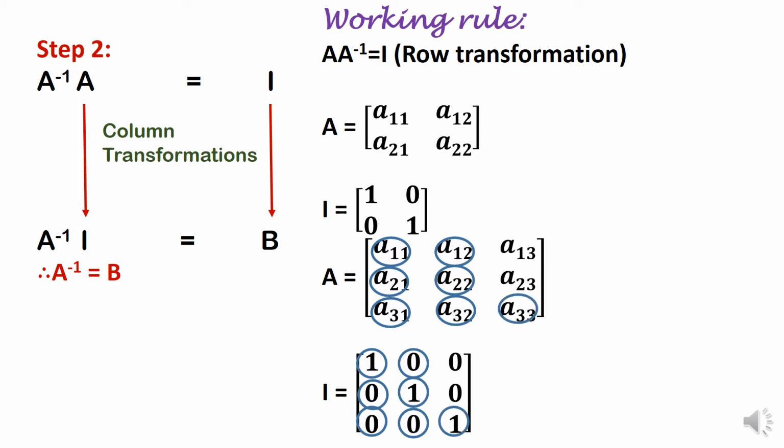Then we go to A33, convert that element into 1. And then A13 or A23, either of them, one after the other, are converted into 0. Remember, while converting the elements into ones or zeros, we have to see to it that whatever has been converted already does not change. We have to take care for doing that. Sounds a bit difficult, isn't it? Well, with a bit of practice, you'll be masters at doing it.